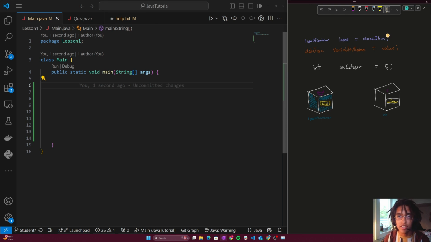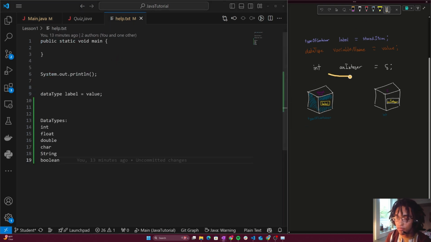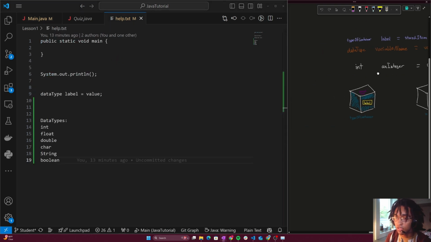And then over here we just have a semicolon at the end. In Java, it's the equivalent of having a period at the end of a sentence in English. It just follows every statement that we make. So where a sentence in English ends with a period, a statement in Java ends with a semicolon. So taking a look at what this might look like,